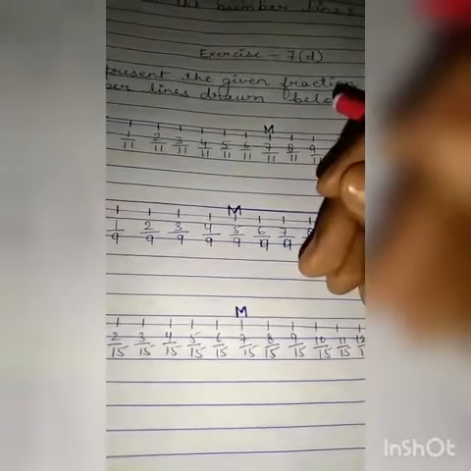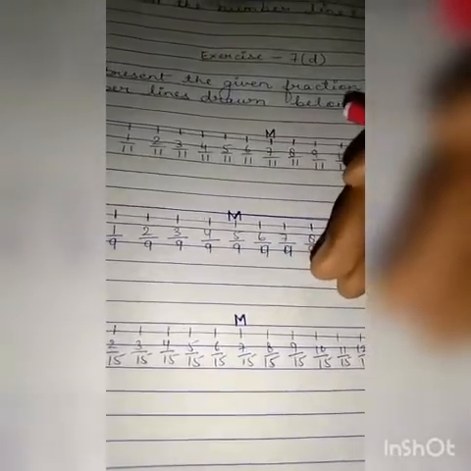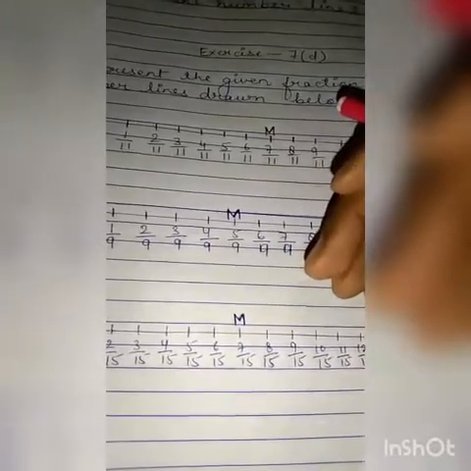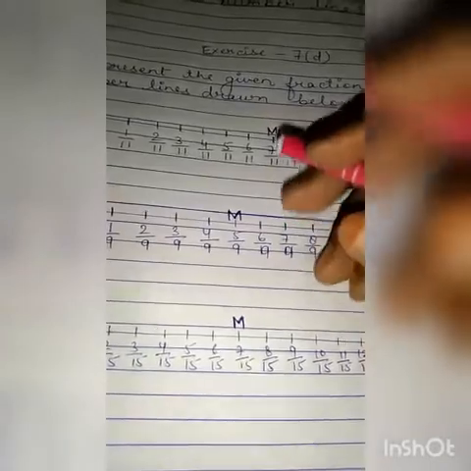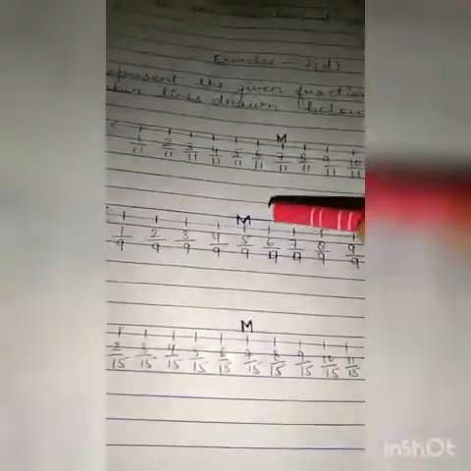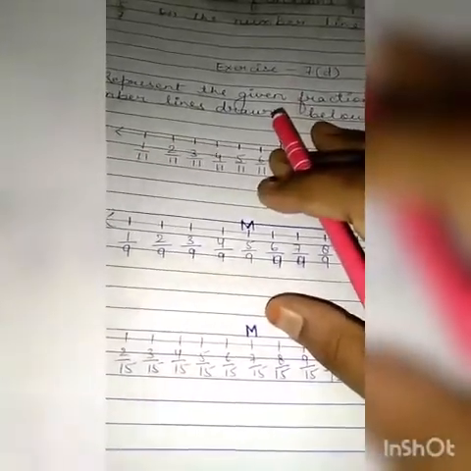What do you have to do in this question? You have to write the fraction represented by point T in each of the following number lines. Here some questions are given and the lines are drawn, you only have to write the fraction. So children, you will do this by yourself in the book only. Don't do it in your copy, do it only in the book with the help of a pencil. Don't use a pen in the book.